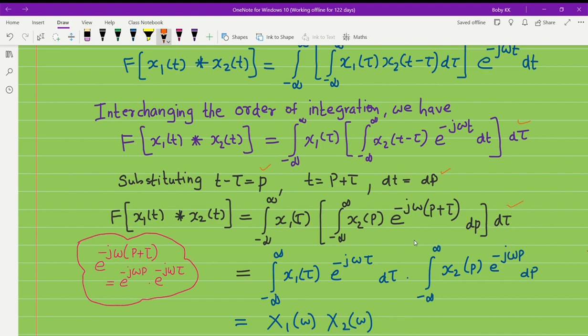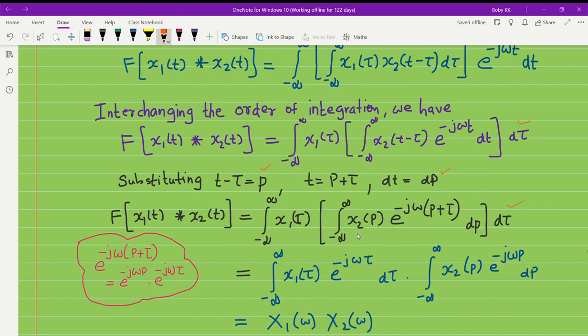This e raised to minus j omega times p plus tau can be split into two: e raised to minus j omega p into e raised to minus j omega tau. The e raised to minus j omega p goes to the second function,